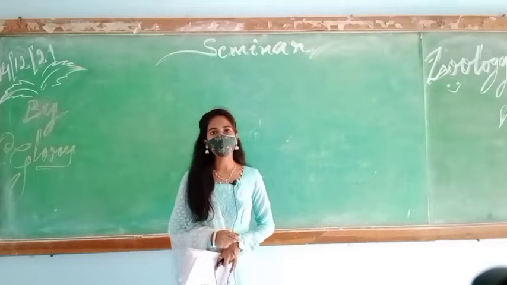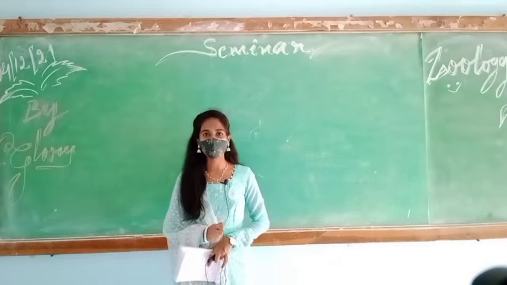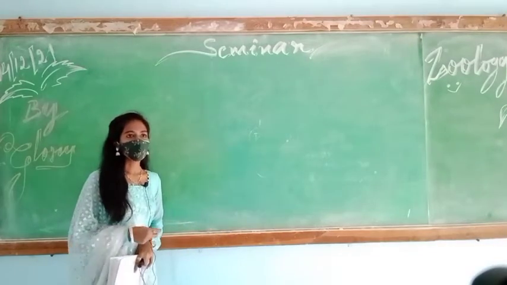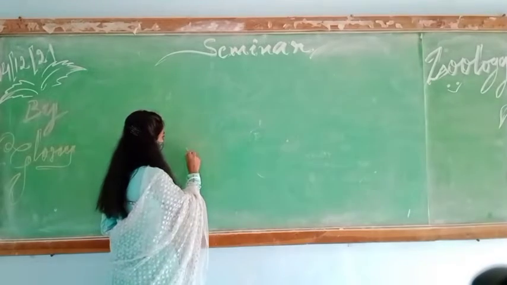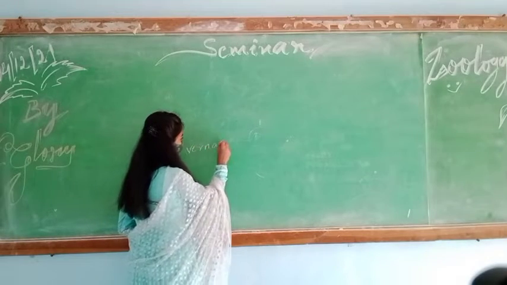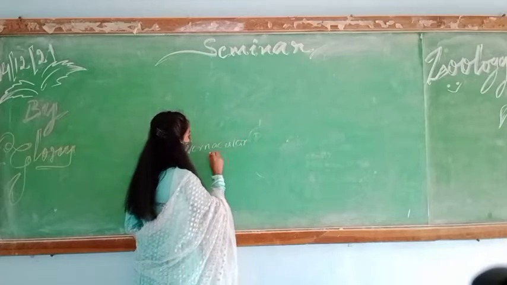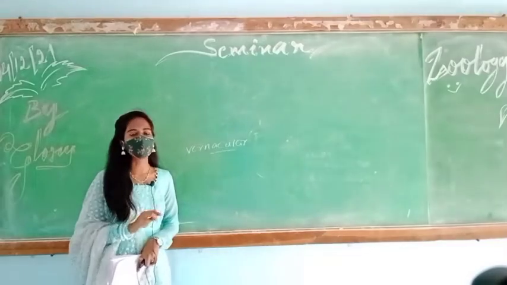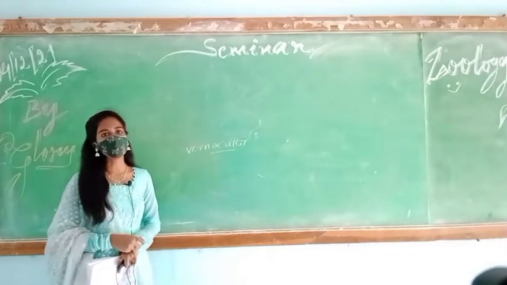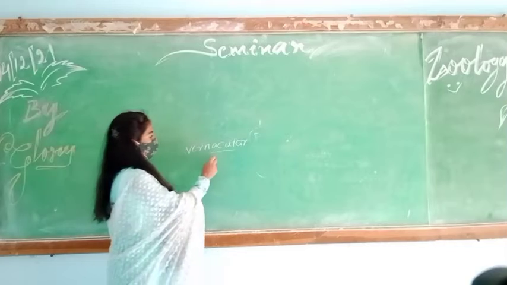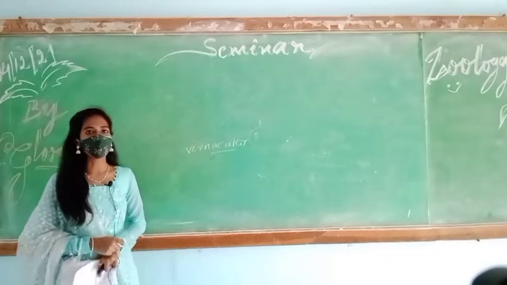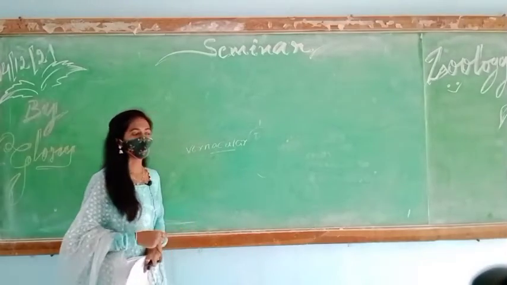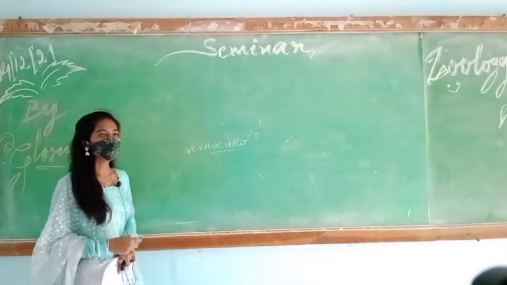Basically, there are two types in this nomenclature. The first type is the common name, that is vernacular, and the second type is the scientific name. This scientific name does not change all over the world. So this is the nomenclature, and there are various types in nomenclature systems, and the most important thing is